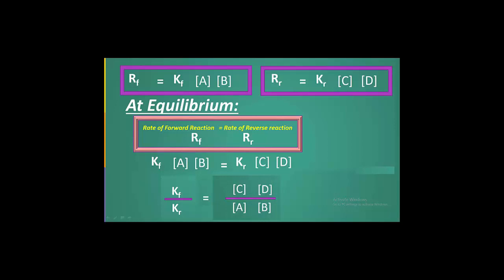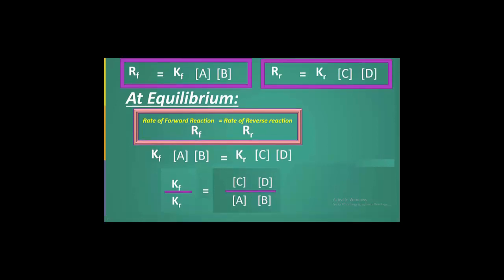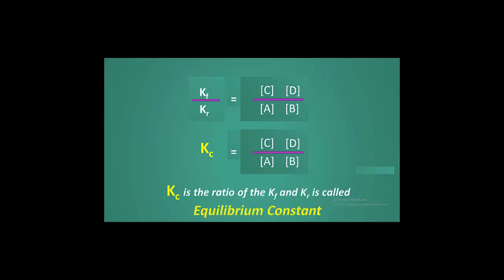the form of a ratio, that is Kf over Kr, which is equal to the active masses of products over the active masses of reactants. So the ratio of the forward constant and the reverse constant is equal to the equilibrium constant, that is Kc. So Kc is equal to the active masses of products C and D over the active masses of reactants. So Kc is a ratio of active masses of products and active masses of reactants, which is called the Kc equilibrium